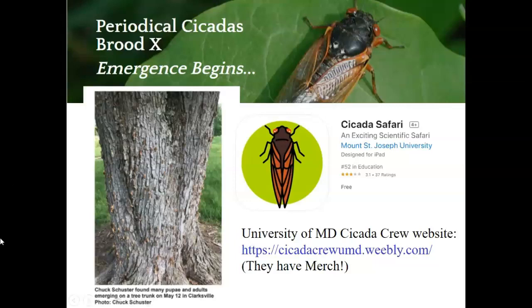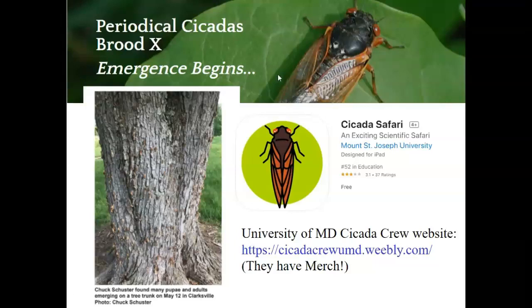They are being seen. This is a current photograph of what looks like a silver maple in Clarksville, and the cicadas are all over that tree. So a couple of things about cicadas. People were worried about the ovipositing in young trees on the twigs. There is some damage, but unless you have some ornamental or highly valued fruit trees, probably not too much to